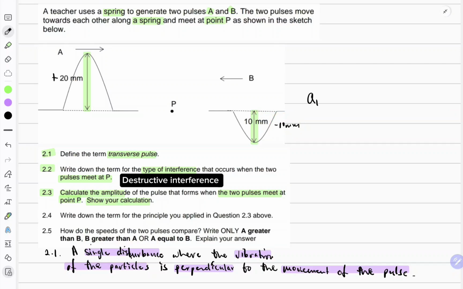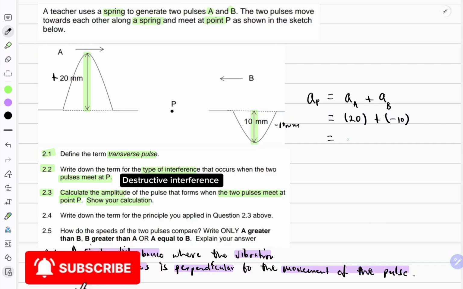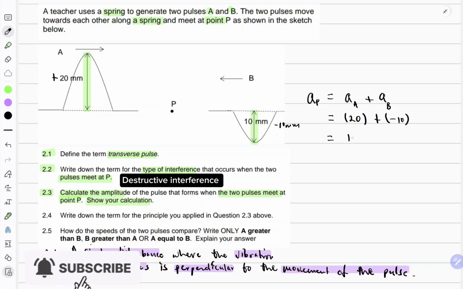So the resultant amplitude at P will be the sum of the individual amplitudes, which is the amplitude of A plus the amplitude of B. So the amplitude at A is a positive displacement, which is 20, and the one at B is a negative displacement, negative 10. So the resultant displacement will be 10